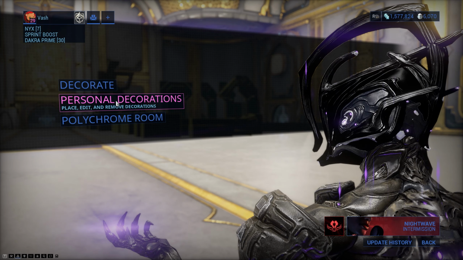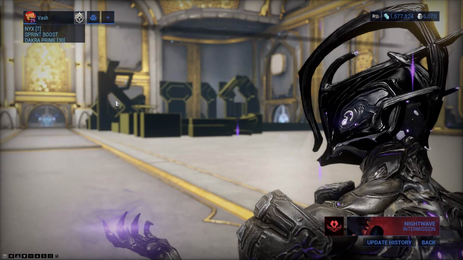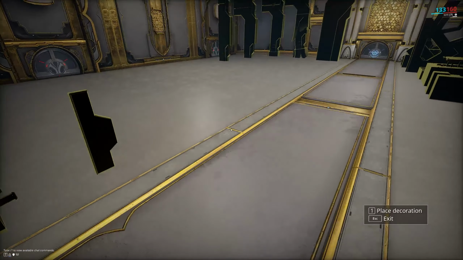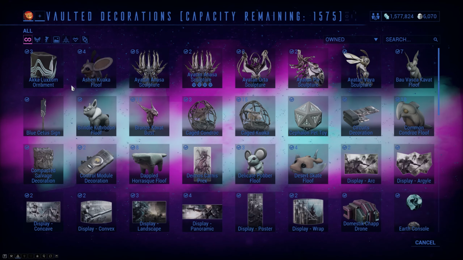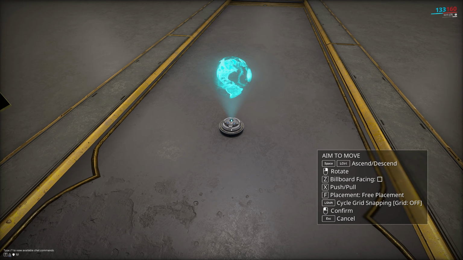These are obtained by donating to the treasury or vault orbiter decorations that you have. So if you enter the mode and press 1, you can see the menu for the decorations here. Most of them cost 5, some cost 1, and some can cost up to 20. Also keep in mind that when you go to place one, you'll see here that I don't have the option